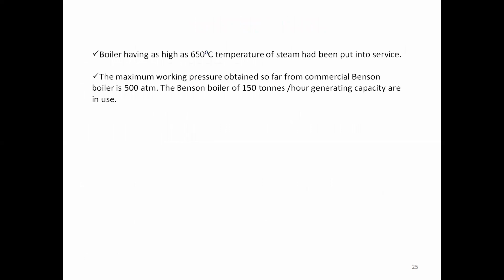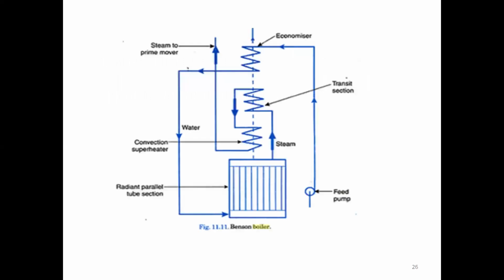Here you can write the temperature, which can go up to 650, how many tons it is going to produce, and what pressure it has. We have to mention all these points while writing about the boilers. Next, we can see the diagram of the Benson boiler in the next slide. You have to draw this Benson boiler diagram from the exam point of view and write the matter shared in the slide. Next one.